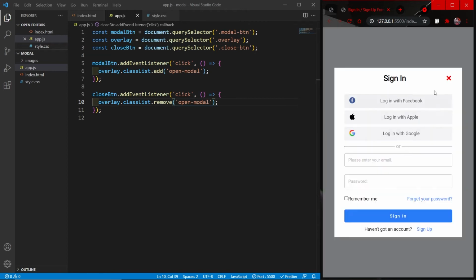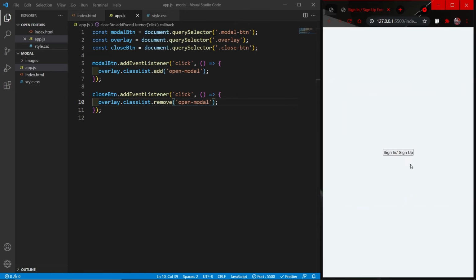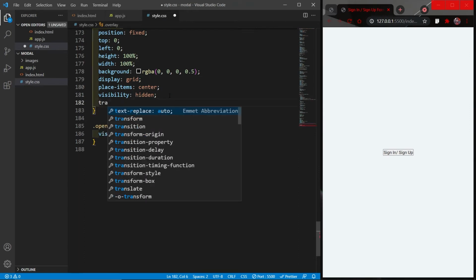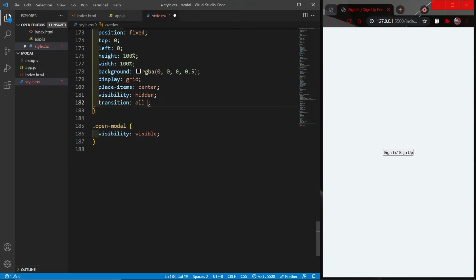Now we would want it to happen with time, so I'll use a transition property in the CSS. Time will be 0.4 seconds and it will be ease in out.